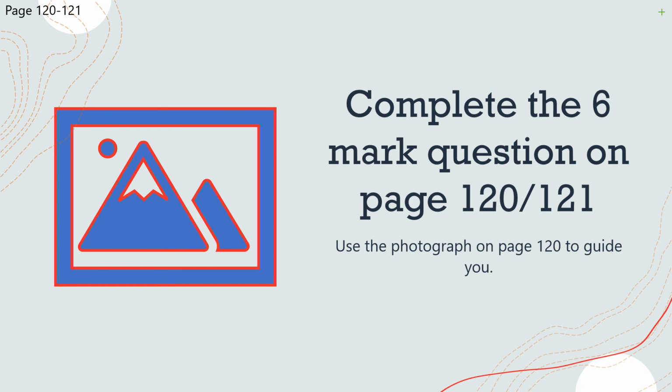Do this 6-mark question now. Write it in sentences, remember, because that's how you get your QWC, your quality of written communication. Okay, so sentences, write down what has happened. Describe how you would safely carry out this experiment. Refrain from saying things like, I would do this, then I would do that. Just do it like a method. Write it like a method, okay? Once you get that done, then what I want you to do, you'll see on page 121 is where you're to write that, okay? Then I want you